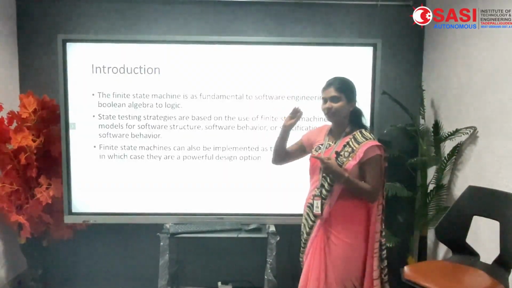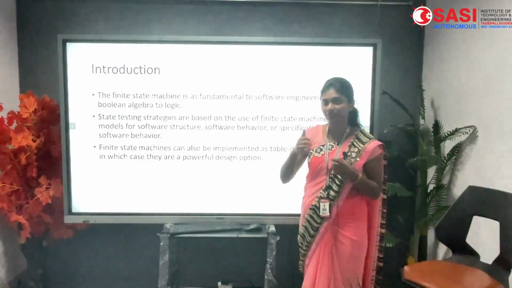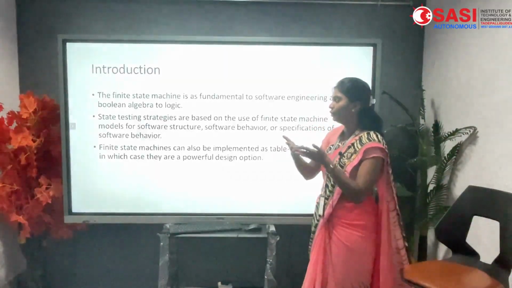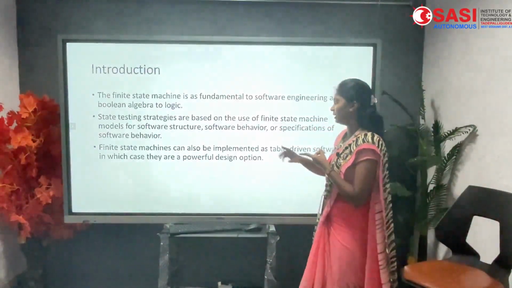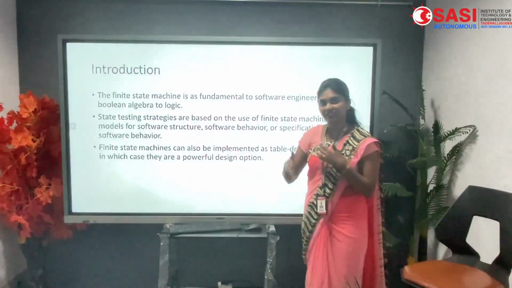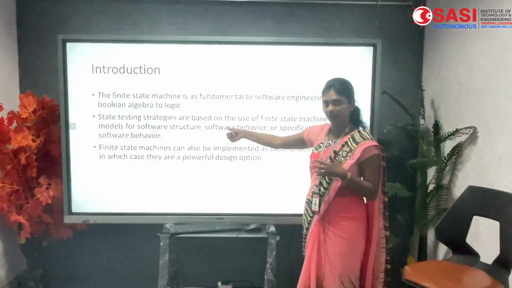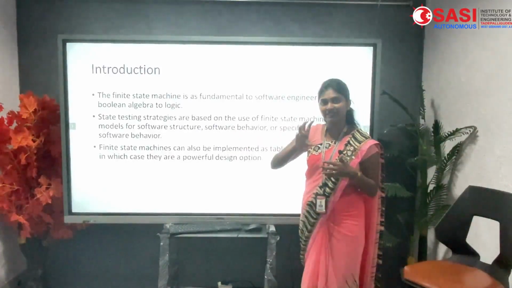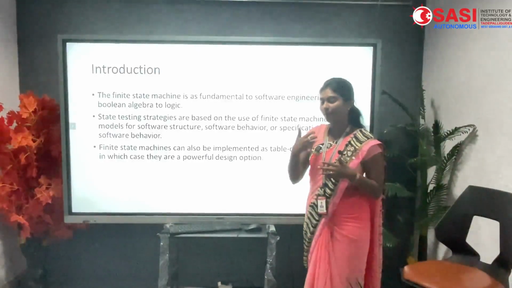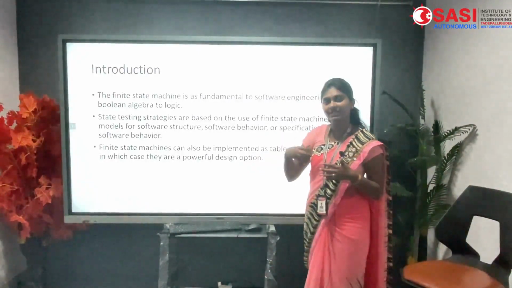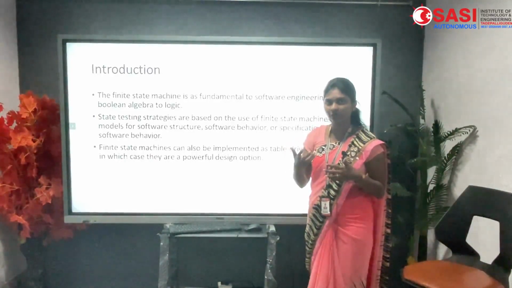Okay. Second one, this state graph also follows the strategies. What type of strategies? What is it doing internally? Internally, it develops the structure by developing the behavior; while changing the behavior, while changing the specifications, we can develop the model. Okay. Third one, finite state machines are used to implement powerful designs. How is it designing powerfully? Based on the options it is defining.